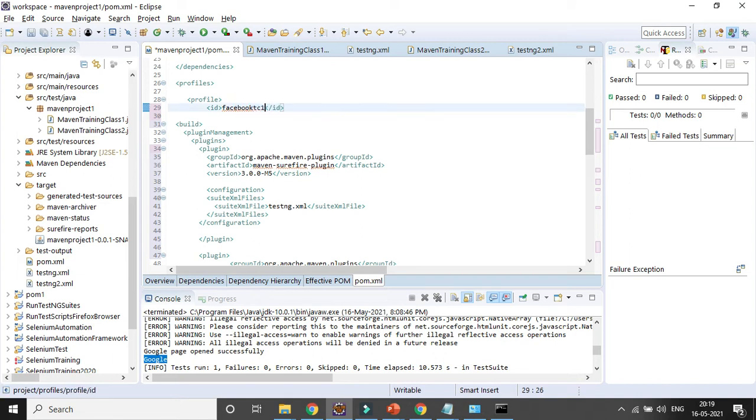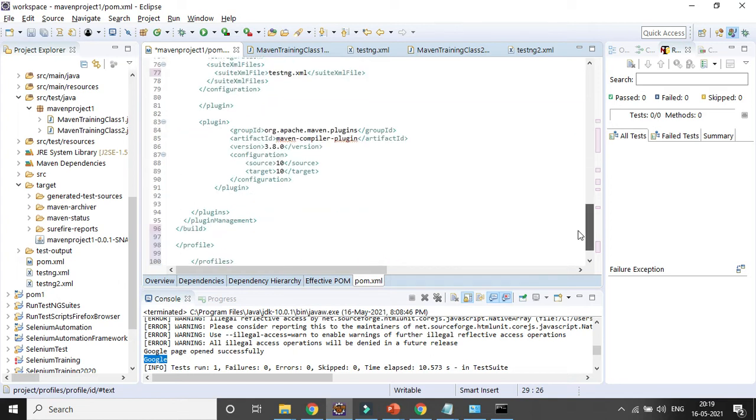Now suppose you have 500 test cases, out of which you have segregated them into 5 different categories. One is regression, one is functional, one is SIT, one is UAT, and one is system test, like that. As and when required, you have already segregated everything as part of your profile, and you need to run them based on their profiles, right? Let's save them first. So your profile has been created based on the project setting, right?